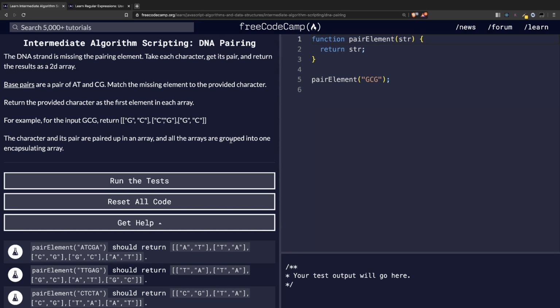DNA pairing. The DNA strand is missing the pair element. Take each character, get its pair, and return the result as a 2D array. Base pairs are a pair of A and T, and C and G. Okay, for example, for the input